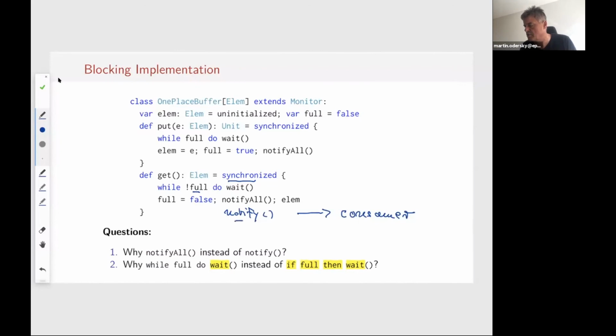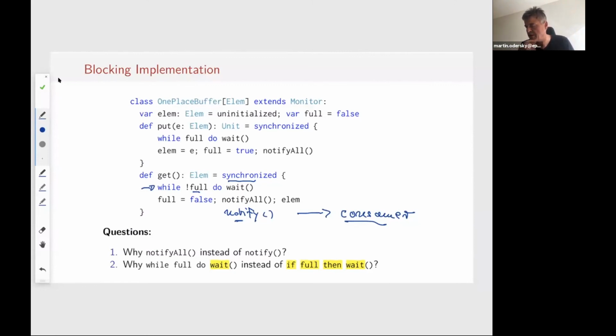So then that consumer notifies some other thread. It could well be that that's a consumer. But then, of course, that would be pointless, because the consumer would immediately go into this thing here and say, well, it has to wait again. The buffer is empty because the first consumer already emptied it. And then again, it would be incorrect. So now we would get a deadlock. We wouldn't make progress, because we notified only one thread, and that was the wrong thread. There was a thread that couldn't actually do anything.